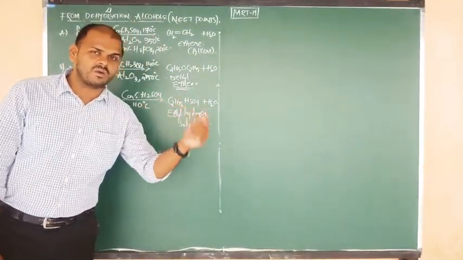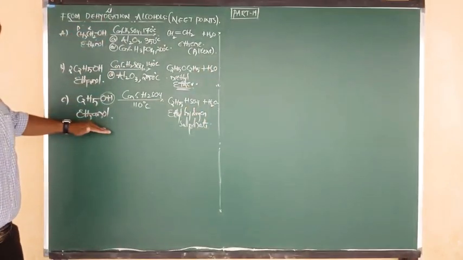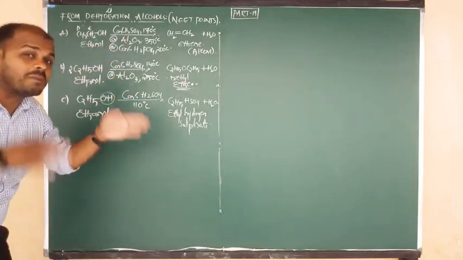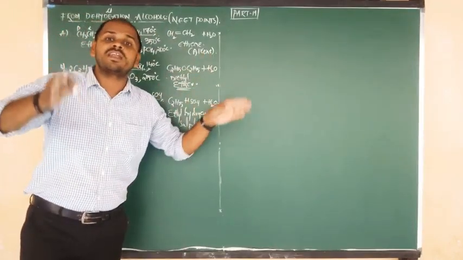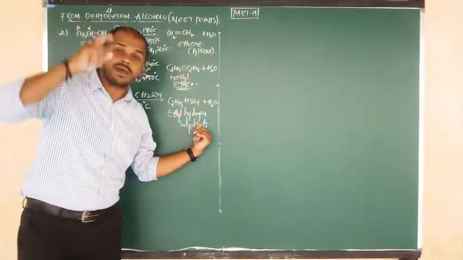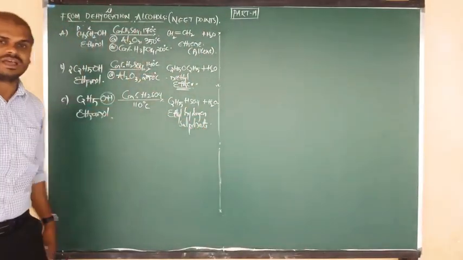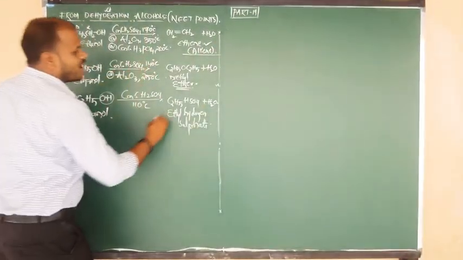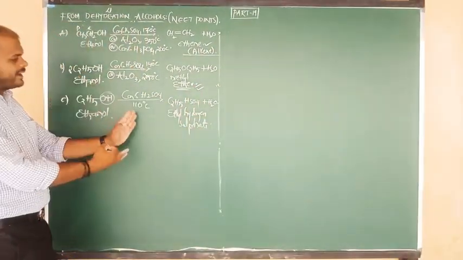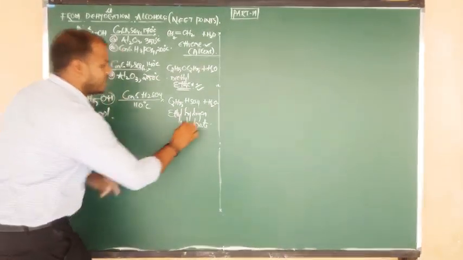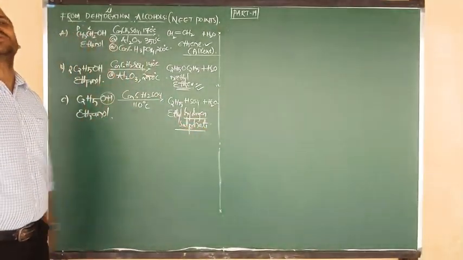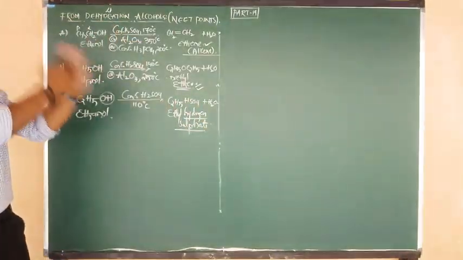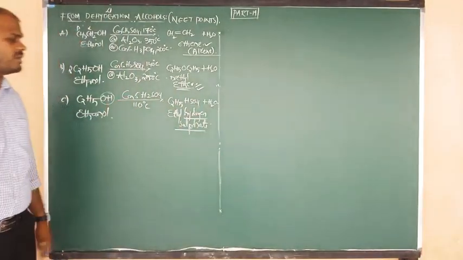Now listen carefully. Reactant is the same, ethanol. The reagent we are also using is the same, H2SO4. But you see, you are getting different products, because product formation depends on the temperature condition. H2SO4 at 170, the product is alkene or ethene. H2SO4 at 140, the product is ether. Upon heating with H2SO4 at 110 degrees Celsius, it gives bisulfate, or hydrogen sulfate. Remember the temperatures and remember the products. This is a very important task for you. Try to focus.